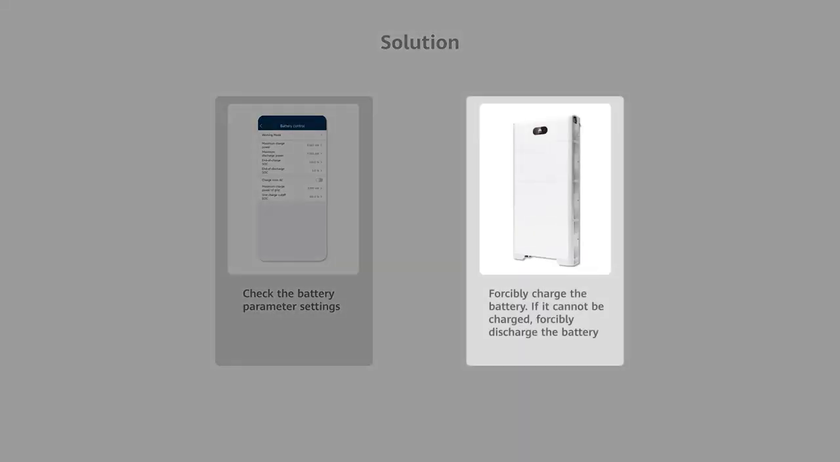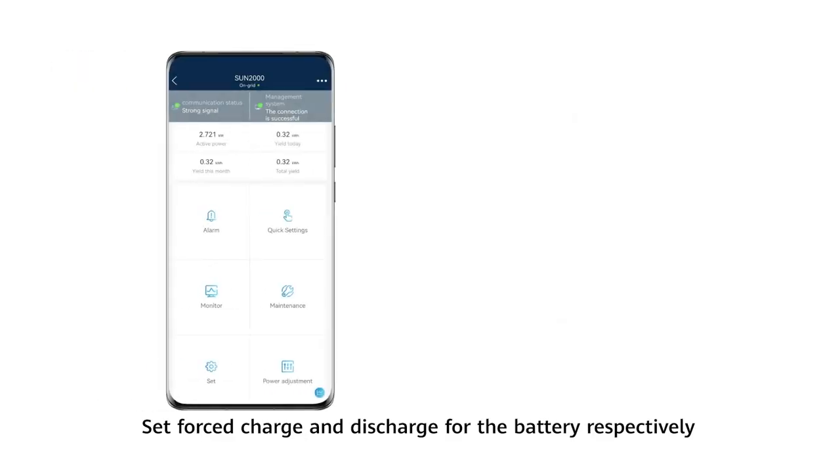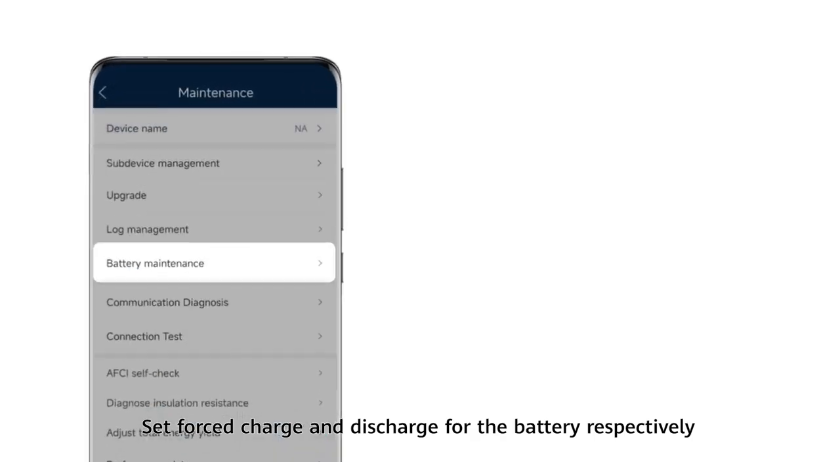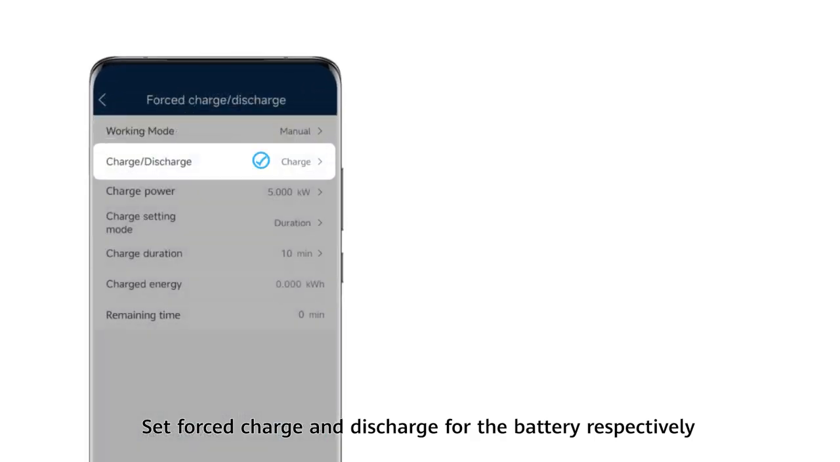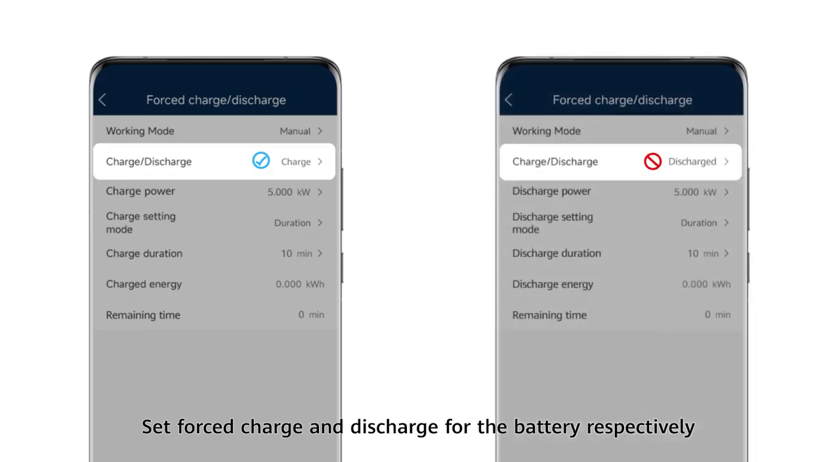Forcibly charge the battery. If it cannot be charged, forcibly discharge the battery. Set forced charge and discharge for the battery respectively. If discharge is normal but charge is abnormal,